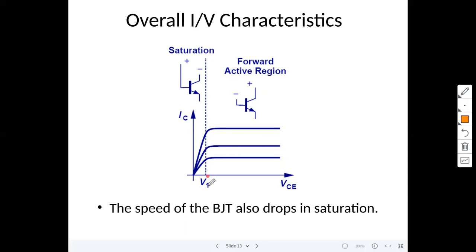Once again, here is the concept. There is one vertical line V1, less than V1. If VCE decreases, what about the collector current here? Collector current also decreases. Observe here: VCE decreases, collector current also decreases. Collector current decreases, beta also decreases. It goes in this fashion. VCE decreases, collector current IC also decreases.